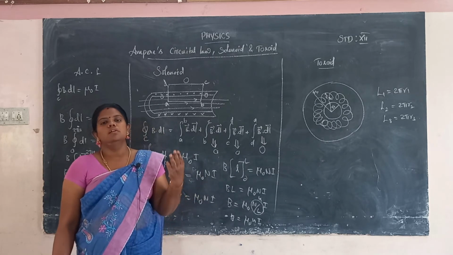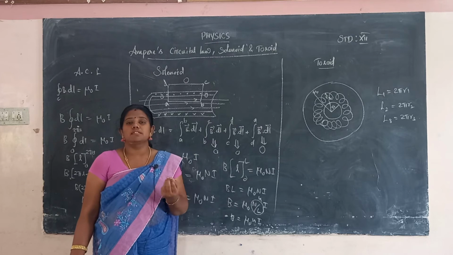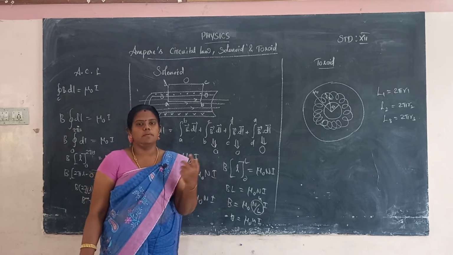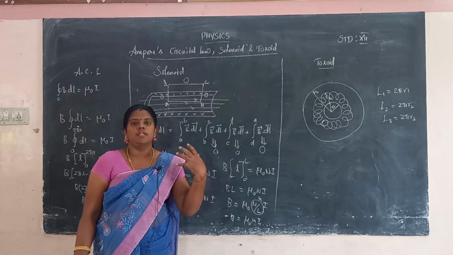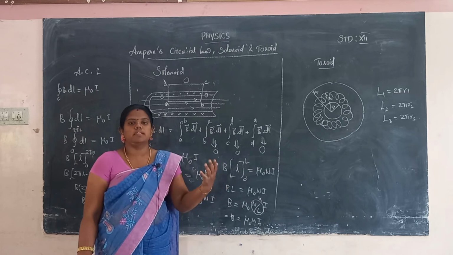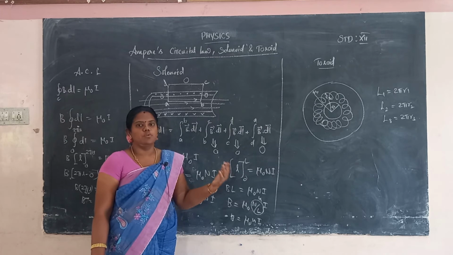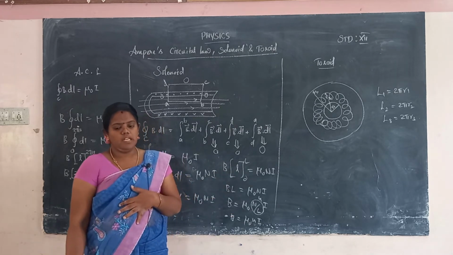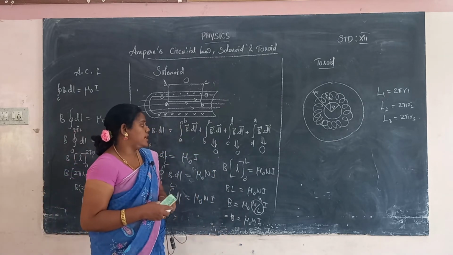And second, the solenoid is used in many electronic appliances. Some rod is present on one side, and electric current is applied on the rod so that it heats, and the electronic appliance works. That is how the solenoid is used in various ways. Okay. And next we will go for another one.